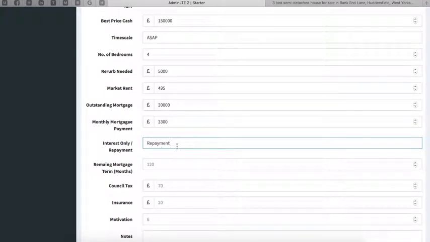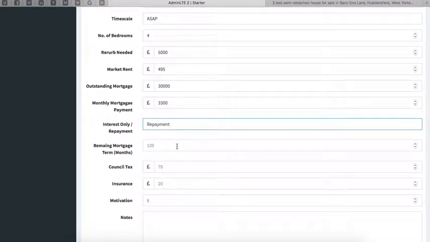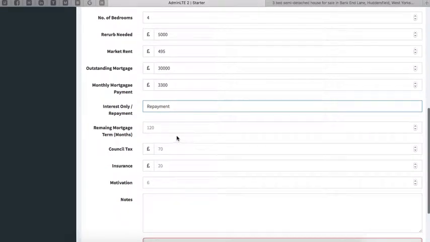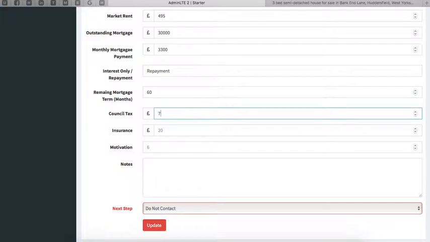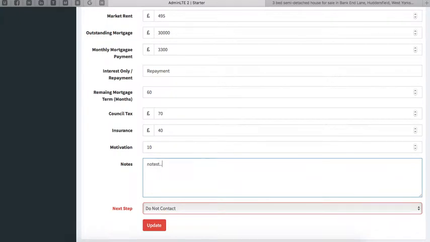This feels like it should be a drop down later on, so we can probably change that to a drop down between, if that's all you're ever going to have in there, interest only or repayment. Remaining mortgage term, and council tax, motivation, and notes,